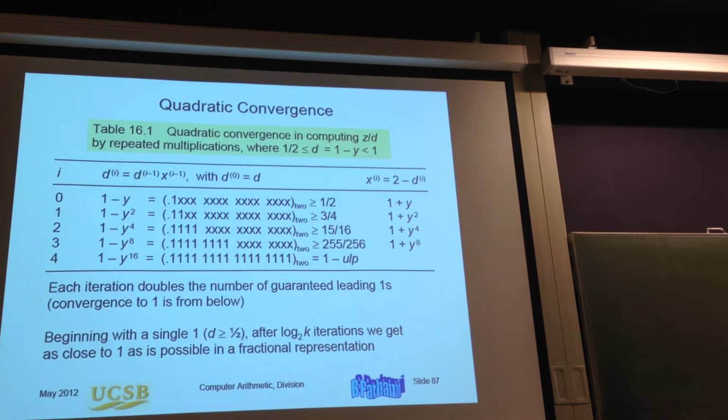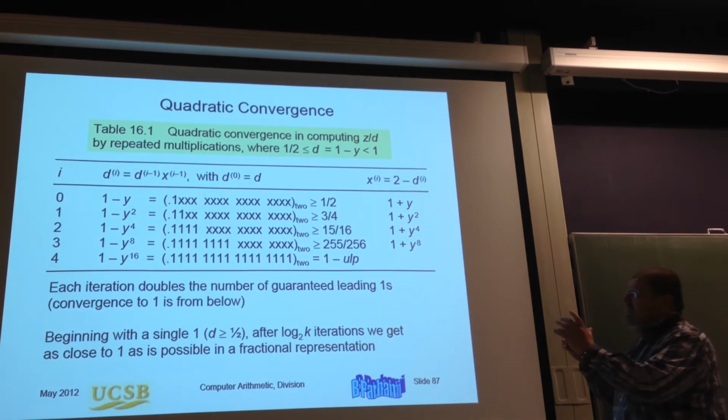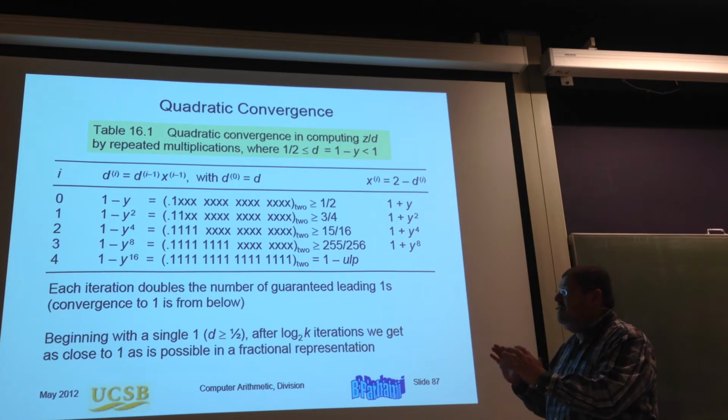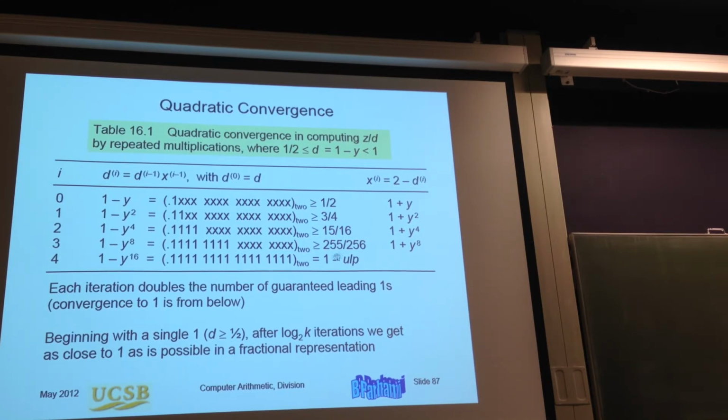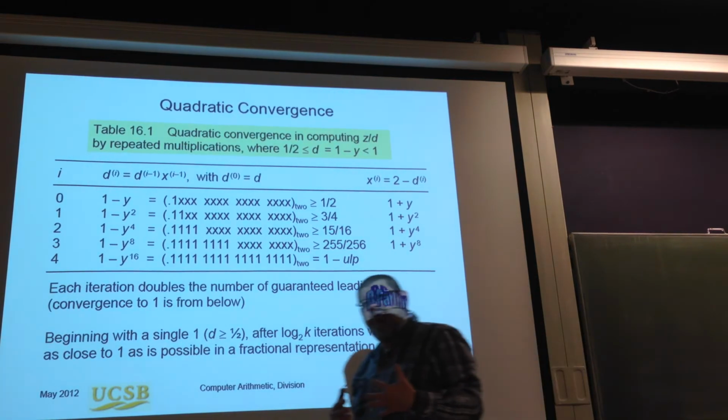Now in here, you see the process of quadratic convergence. You start, and in each and every iteration, you clarify a number of bits. This is iteration 0, and you see you have only one bit which is clear. In the next iteration you double, you double, you double, you double, and then in here you have 1 minus one unit in the last position. You cannot go more than that. Now this is giving you a hint. The first iterations are not very effective